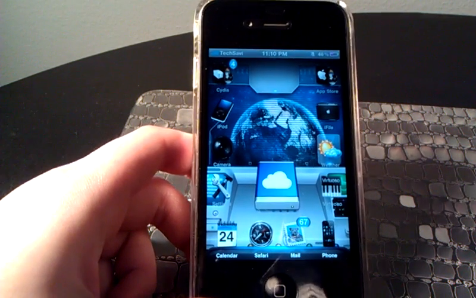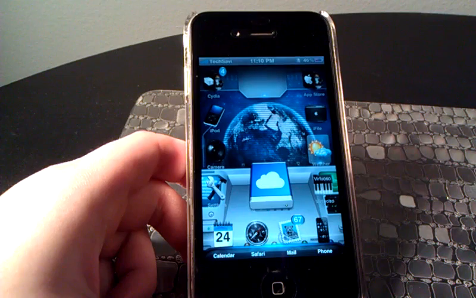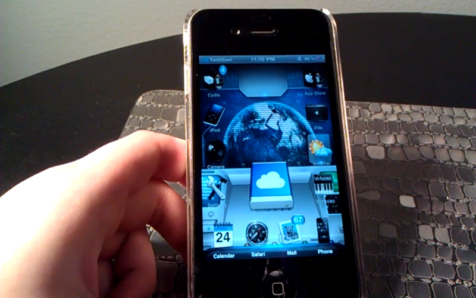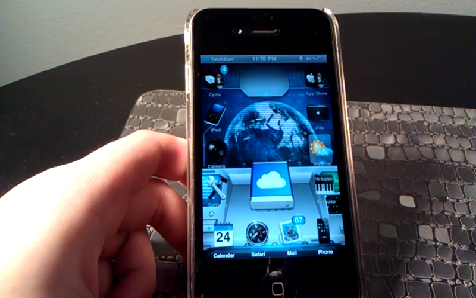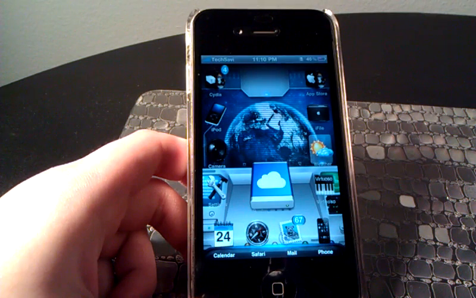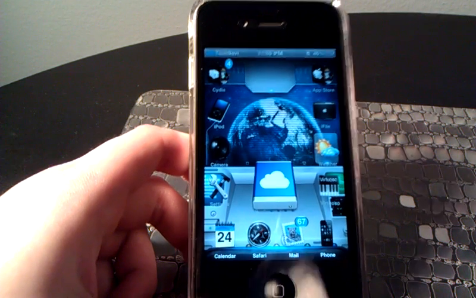I'm going to get this disclaimer out of the way. I did not make this theme, but rather, again, I compiled it. I took different themes and parts of the different themes I really liked and combined them all into one super theme, I guess you could say, that really fit what I was looking for in a theme for my iPhone